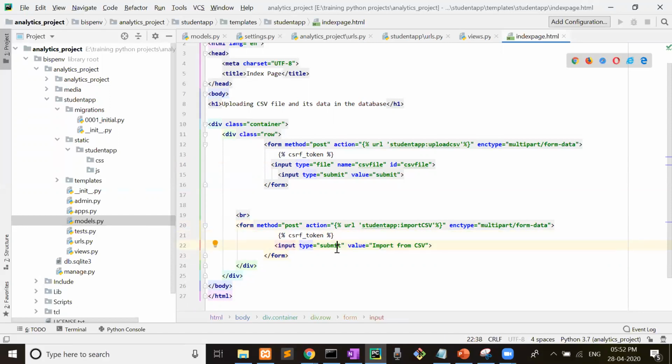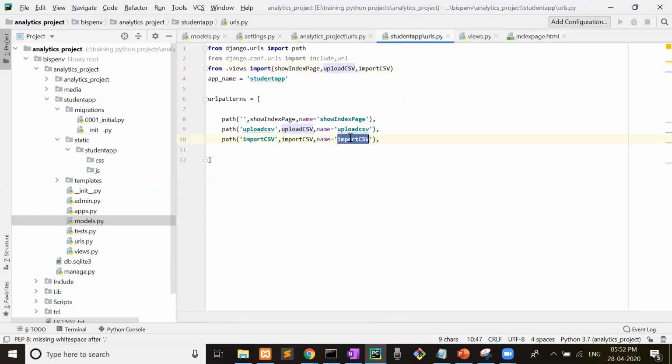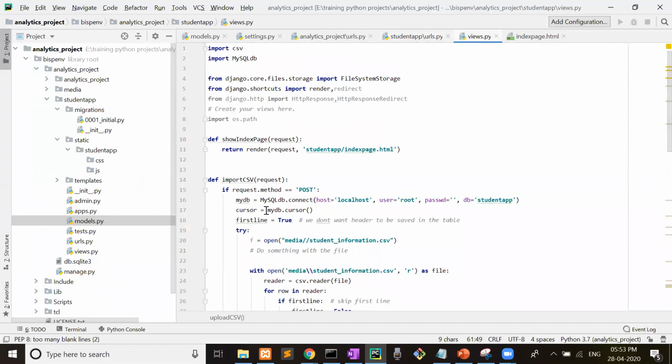Now I have just written here submit, import from CSV. This import CSV word will be searched here. It will catch this, not this. Then in the URL this keyword will be written, and this is the function name, import CSV.